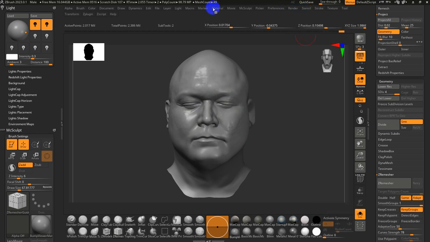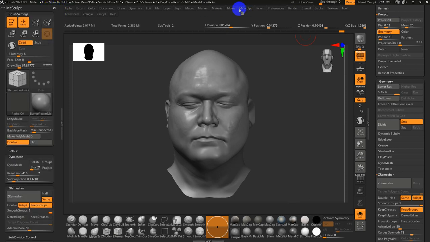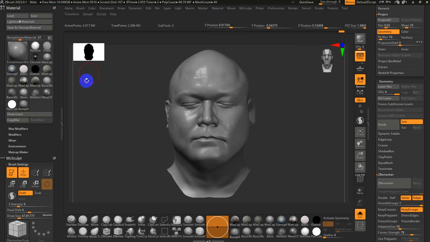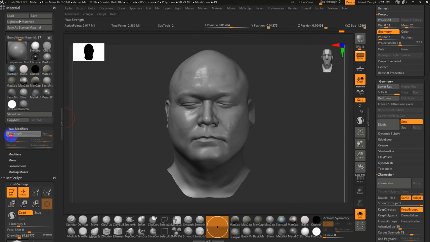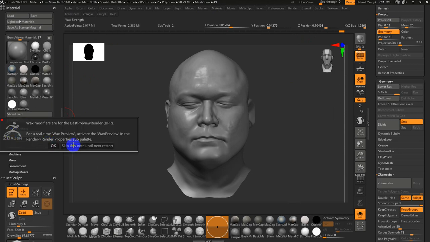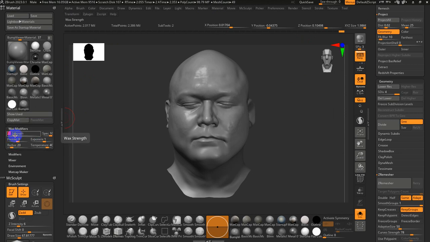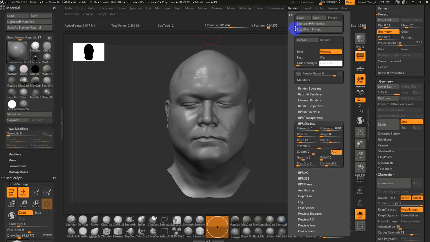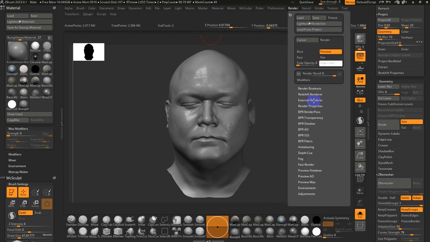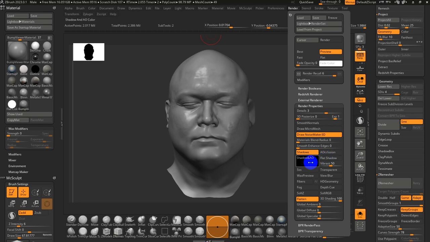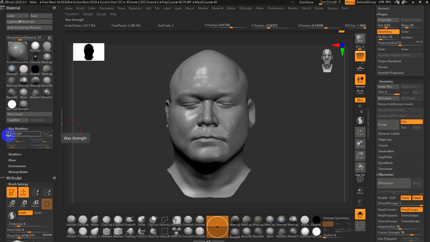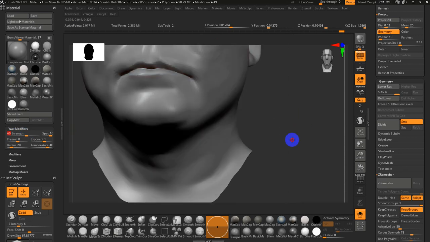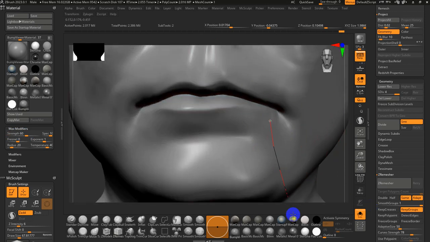One last thing, if we go into the material setting, so I'm going to close the light panel here and go to material and dock that. There's something called wax modifiers, and if we turn up the strength, it'll give you a warning: you have to turn on the preview. Right now I'm not seeing anything happen, but if I go back over to render, under render properties, I can turn on wax preview. So if I turn up the strength, and you can see this up close maybe,